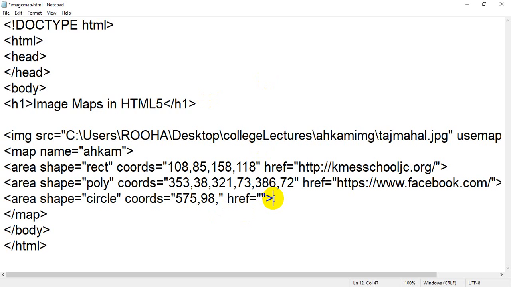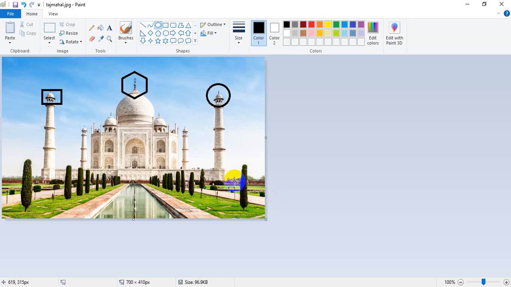I am going to just write the first value is 549 and your second value is, for example, I forgot, 549 and 113.